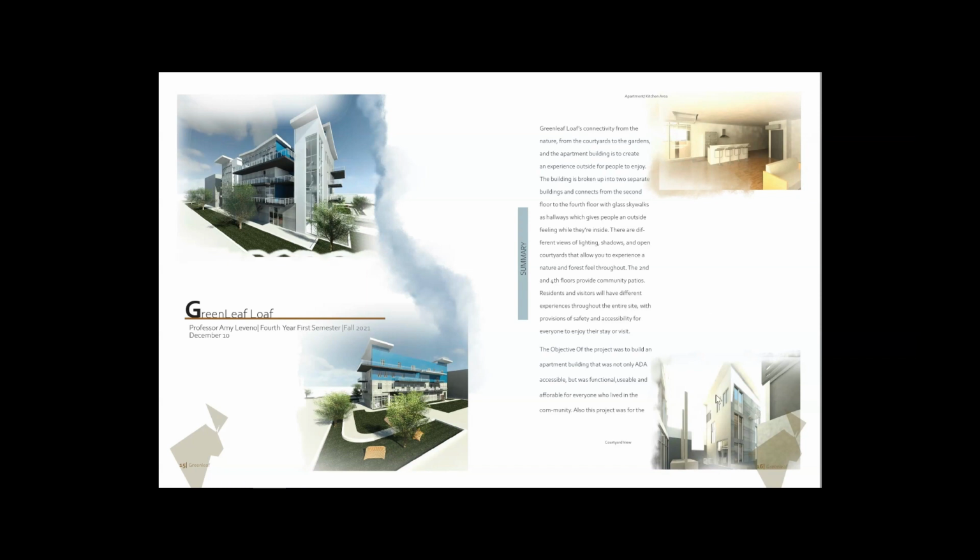And this is just a courtyard. So the main thing about the courtyard was that even if you were inside of your apartment, you can look down and you can still see residents or people walking in and out of the apartment. So they're still interacting with other people. As on the first floor,